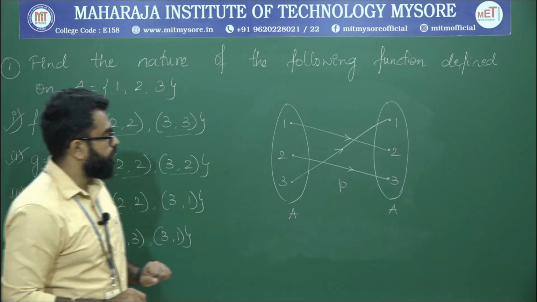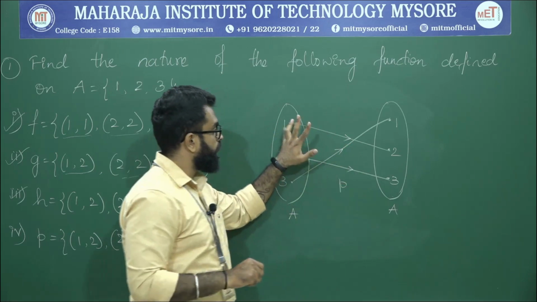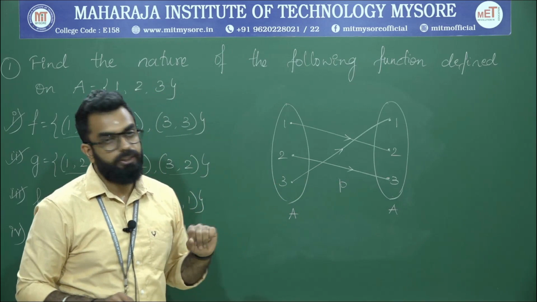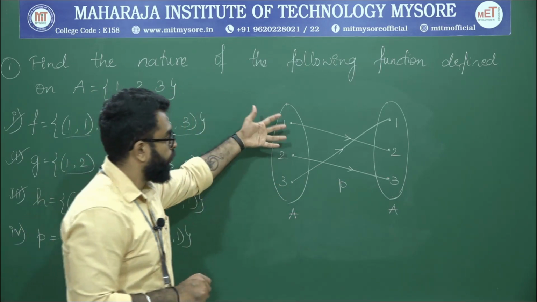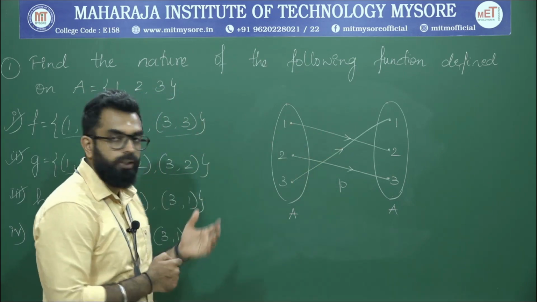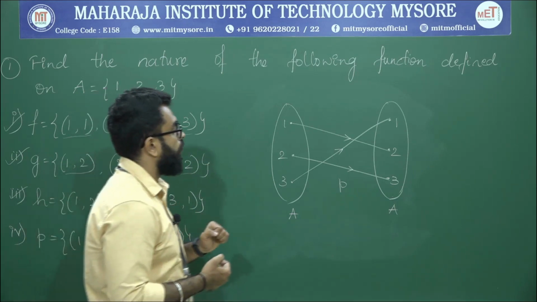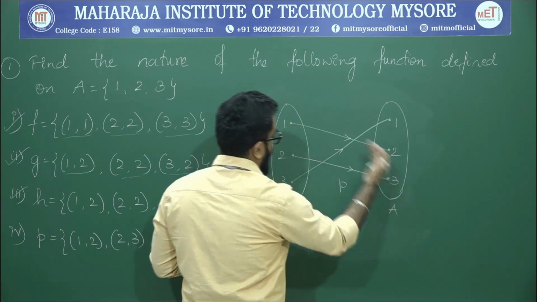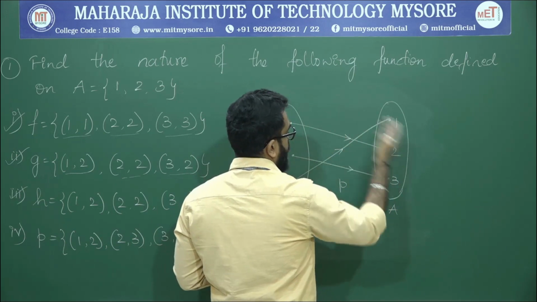So please observe this. What do we identify? Is it an identity function? If it was an identity function, it should have been 1 mapped to 1, 2 mapped to 2, 3 mapped to 3, but that is not the case here. Fine. So identity function is ruled out. Is it a constant function, where all the elements are mapped to a single constant element? No, that is not the case. So constant function is also ruled out. Onto, what does onto say? All the elements of this should have pre-images. Does it have? Yes, it has pre-images.